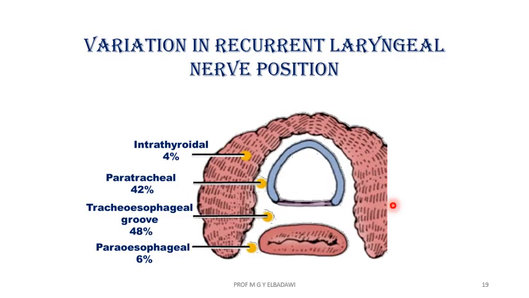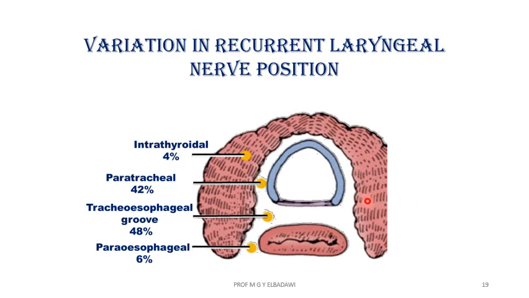Of the relation of the recurrent laryngeal nerve in relation to the inferior thyroid artery in the previous slide, due to the different origin of the right and left recurrent laryngeal nerve in relation to the subclavian on the right side, higher in the neck, and in the thorax on the left side.